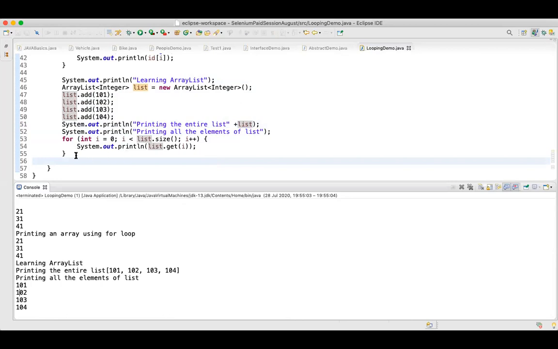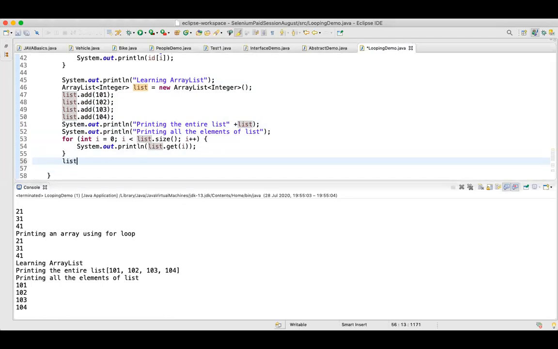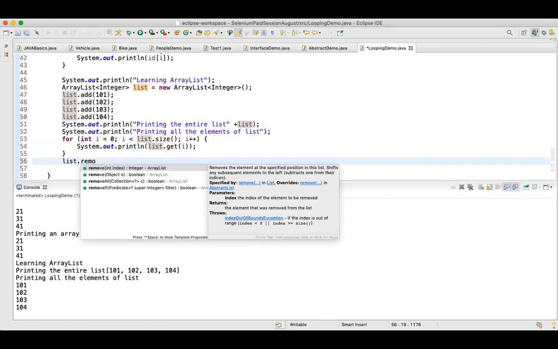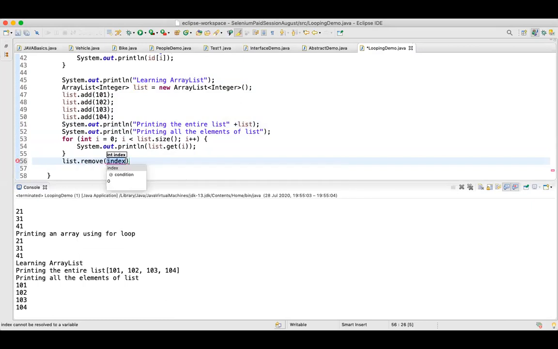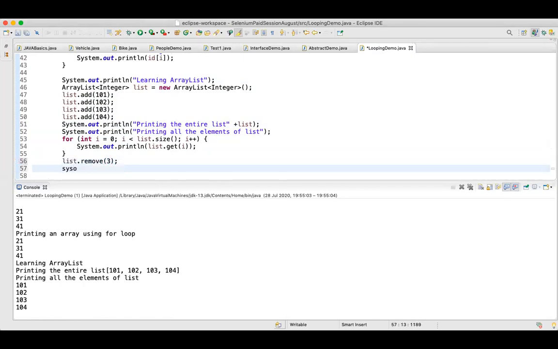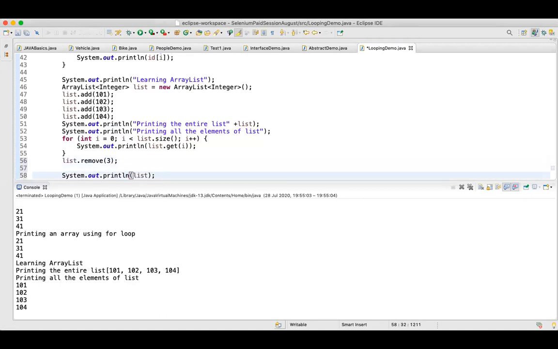There is one more way, if you want to remove some of the values. Let's say I want to remove the value at, let's say, the third index, and now when I print my list, I'll simply write over here printing after removing.